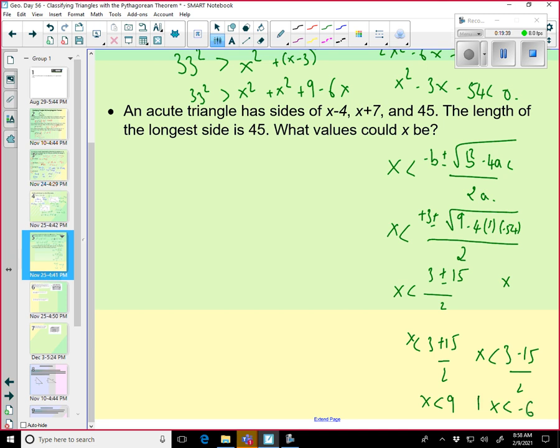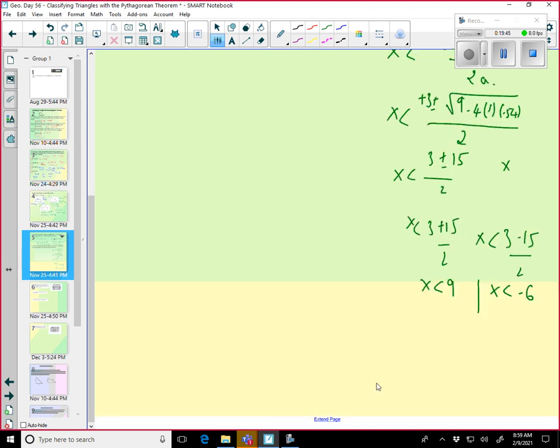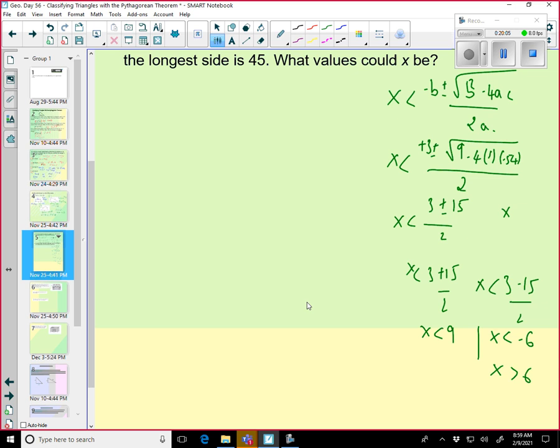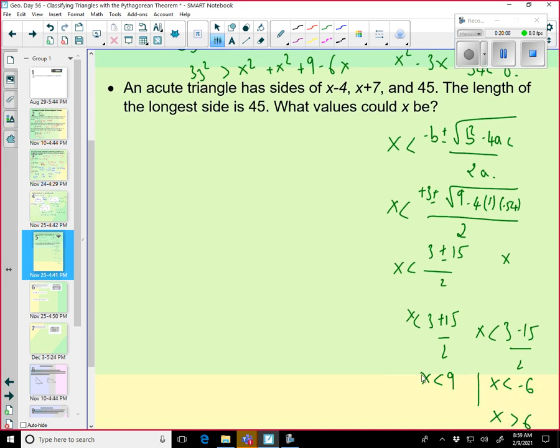Okay. This can also further be written in this manner: you can multiply negative 1 on both sides, and you can also say that x is greater than 6. If I multiply by negative 1 on both sides, whenever I multiply, it flips the sign. So finally, the values that x can take are between 6 and 9. So the final answer here is 6 less than x less than 9. Okay. All of you, the same way, just try to work this, and I will also start working here itself. We will all work together on this one.